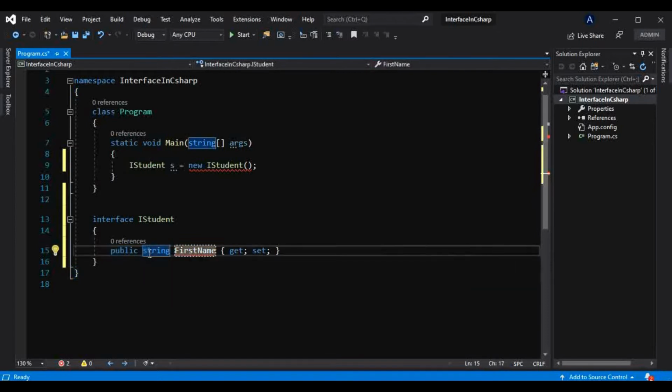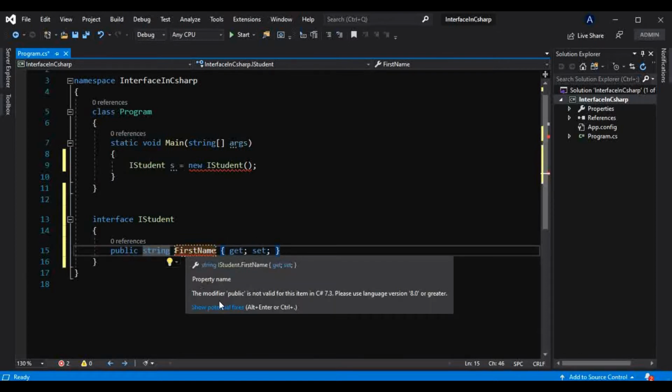Means starting from 8.0, which was released in September 2019 alongside Visual Studio 2019, that is version 16.3 of Visual Studio 2019, it is possible to use public members in an interface. But as I am not using C# 8.0, I am using a version below 8.0, that is why it is giving me that error, that the modifier public is not valid for this item.